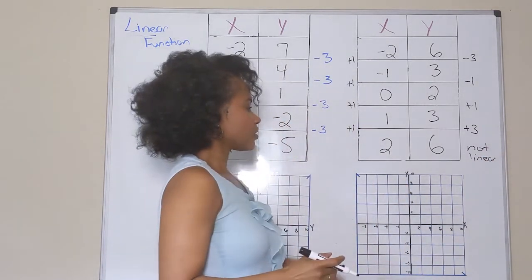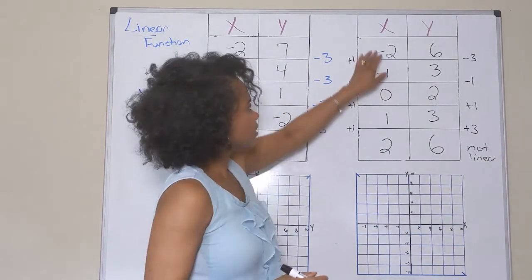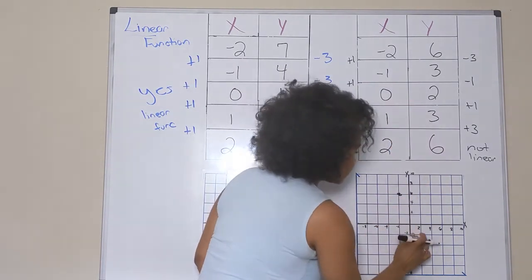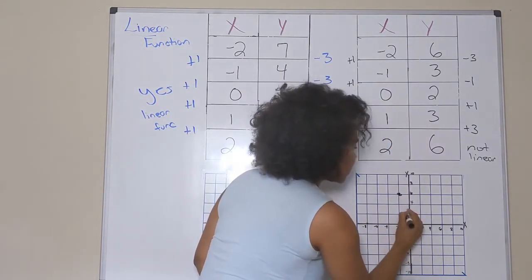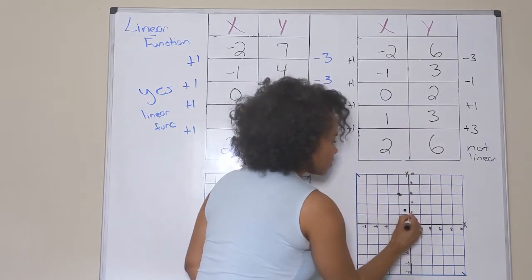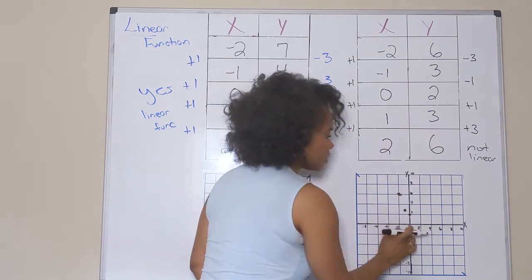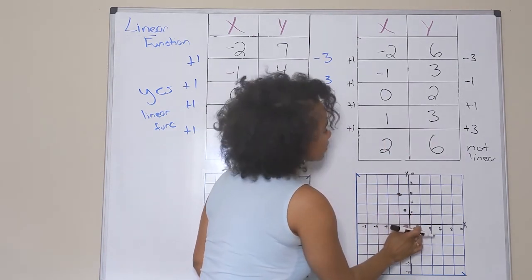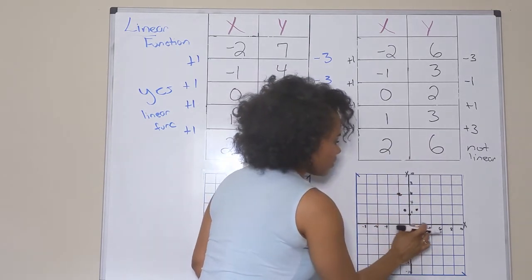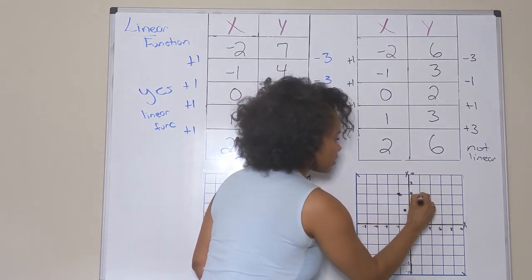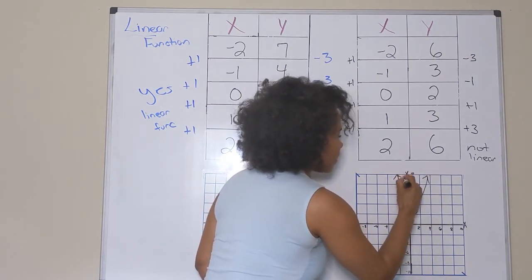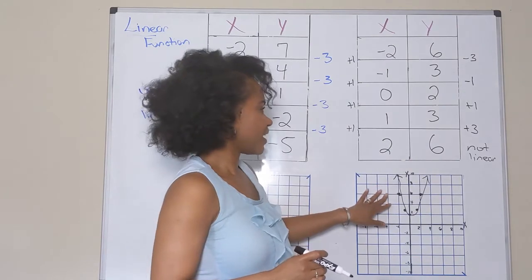And just to show you on the graph, I'm going to plot the points here. -2, 6. -1, 3. Back to -1, up to 3. 0, 2. 1, 3. Over to 1, up to 3. And 2, 6. Over to 2, up to 6. And this actually creates something that is called a parabola, but definitely not a line,